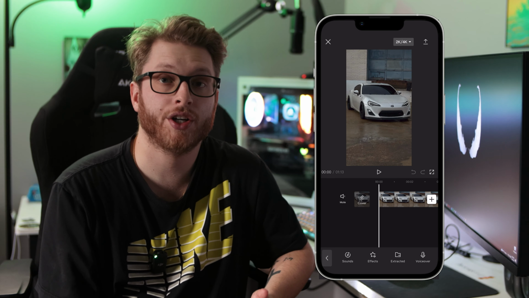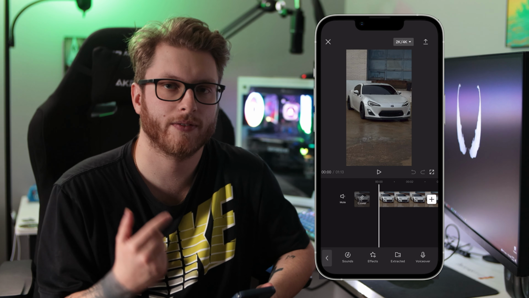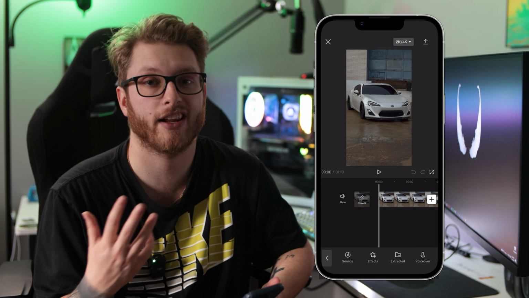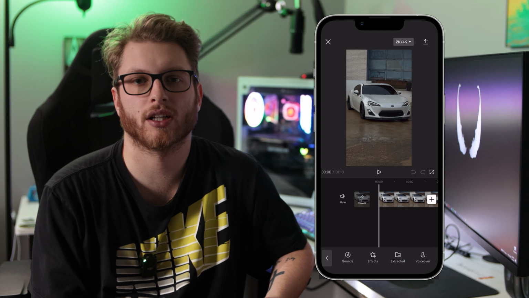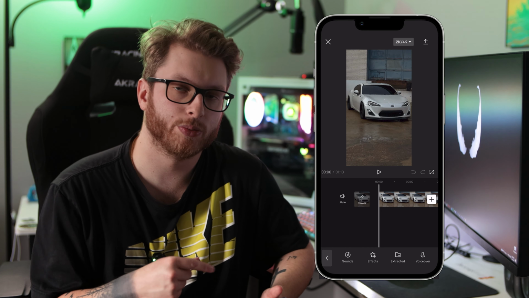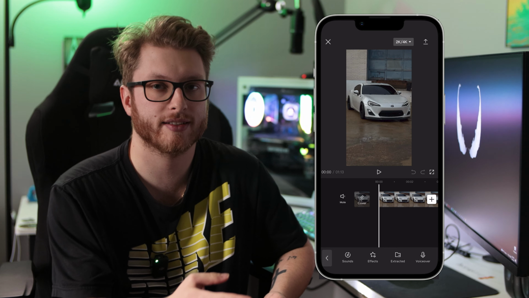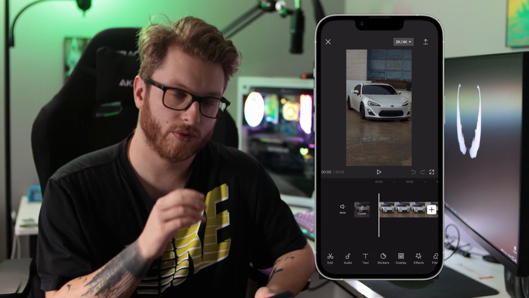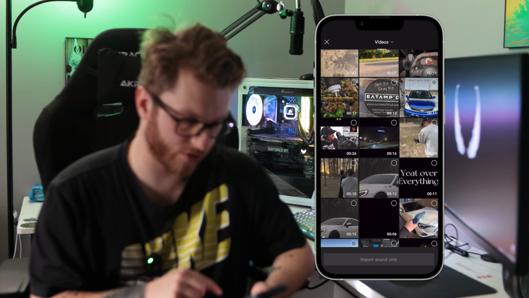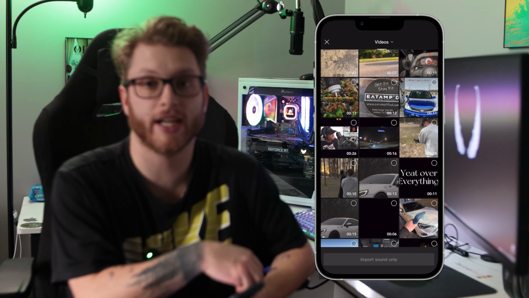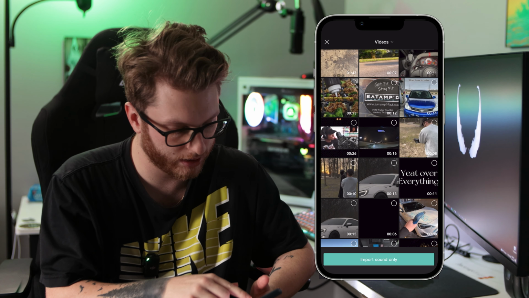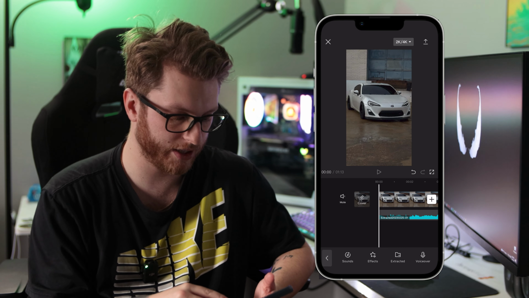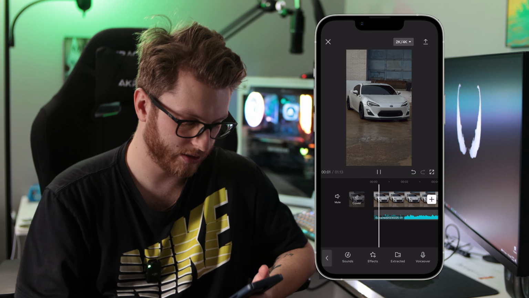I always do this up to 4K immediately, so I don't forget. Now, add audio. For audio, you're gonna wanna find your audio. So, I usually find it on Instagram or TikTok. I will find a sound that I like and just use that. CapCut's really cool because you can either screen record that sound on Instagram or you can just download the video on TikTok. We go right here to add audio and then we hit extract. We can pick that video that we downloaded or got from Instagram or TikTok. So right here, import sound, and now it takes just the sound from that video. So if I play it,